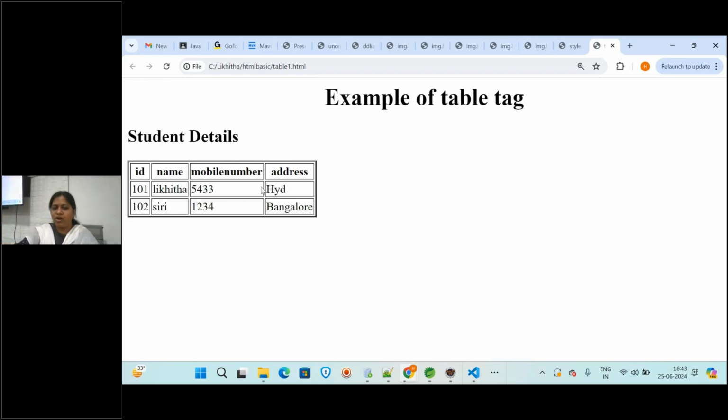So now you can talk this like each is one cell. What is that? Like ID is one cell, 101 is one cell, like that each and everything is called as one cell. Now you have two attributes here, something like cell spacing and cell padding. Okay, cell spacing and cell padding.